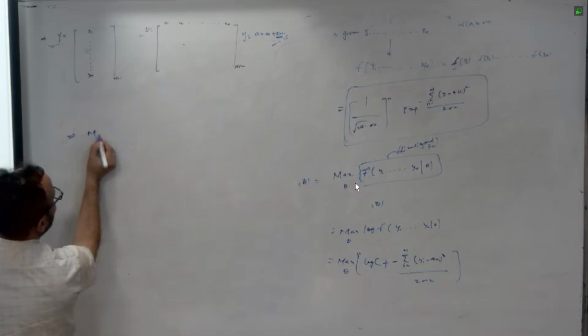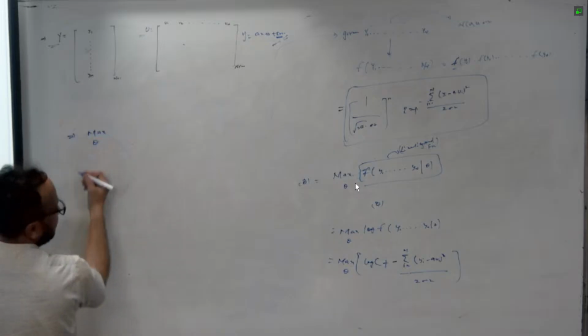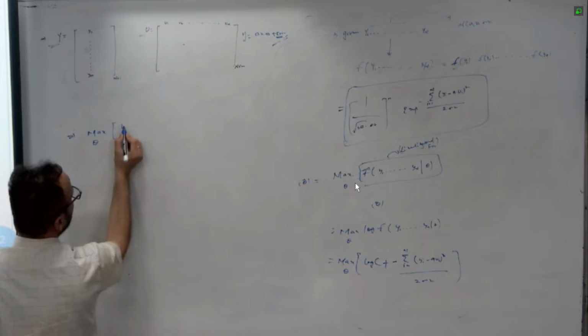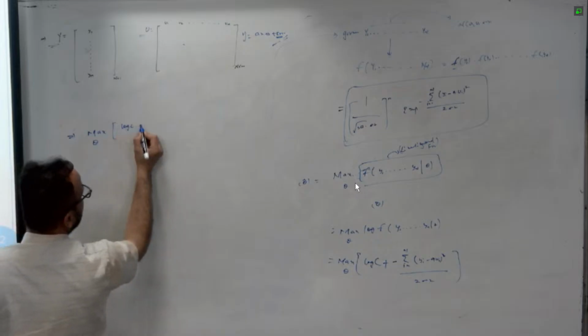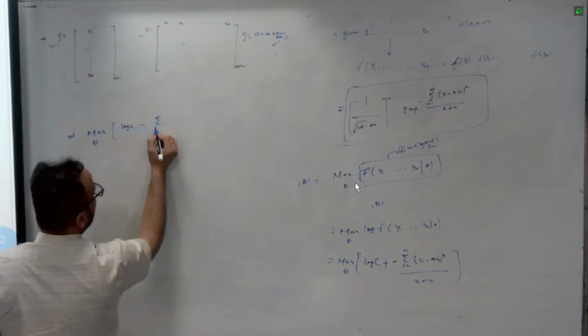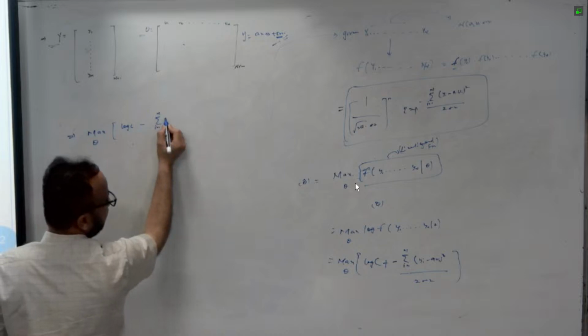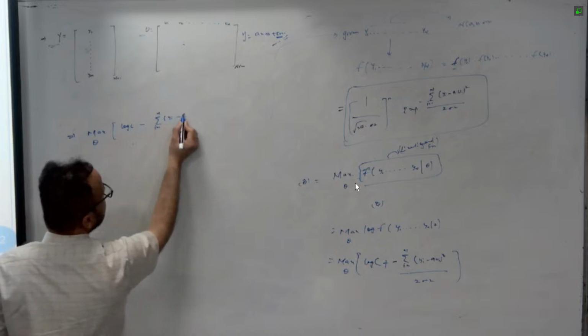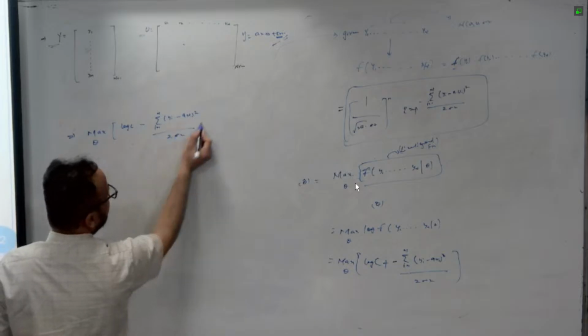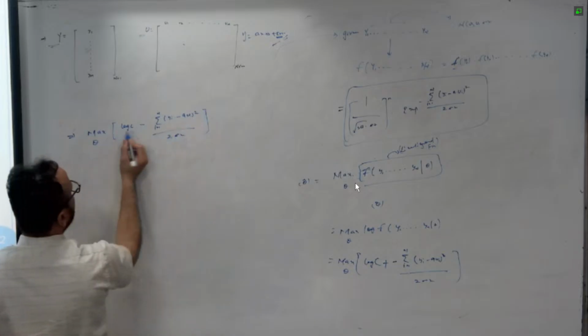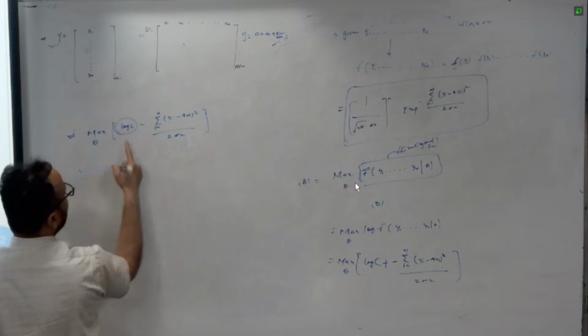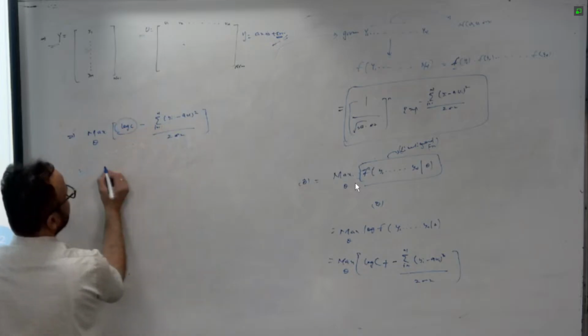It looks like how? Least squares actually. So maximization of theta, you have log of constant and minus of summation of i equals 1 to n, (yi minus a into ui) square by 2 sigma square. Okay. So if this is a constant, I'll remove it. I don't want it, and it is maximum of negative. It is nothing but minimum of